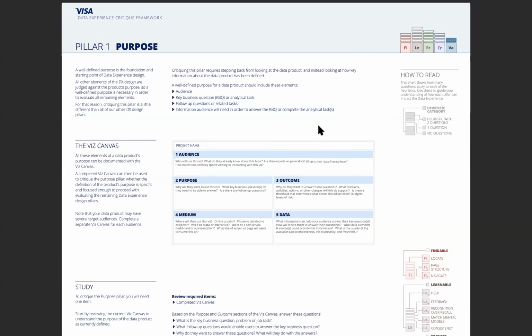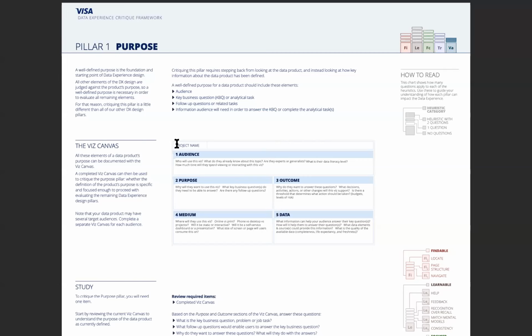And then having that key question also helps us to identify some of the follow-up questions or tasks. So here we're going to ask ourselves, so we know they want to answer this big question. What information would help them to answer that? Or what other questions do they have next? And then also, I think just as important, is what information would not really be useful. And that's when we can really weed out a lot of the clutter in information.